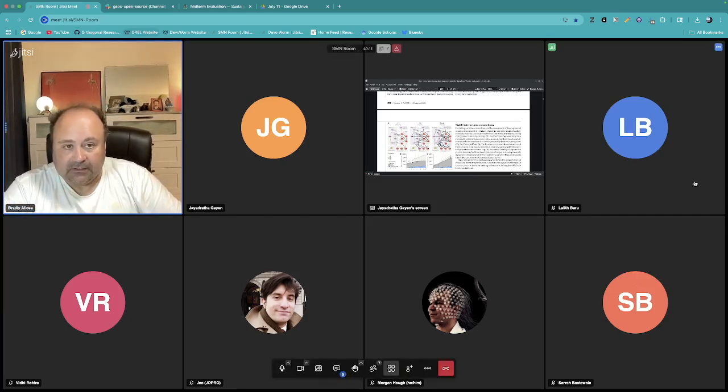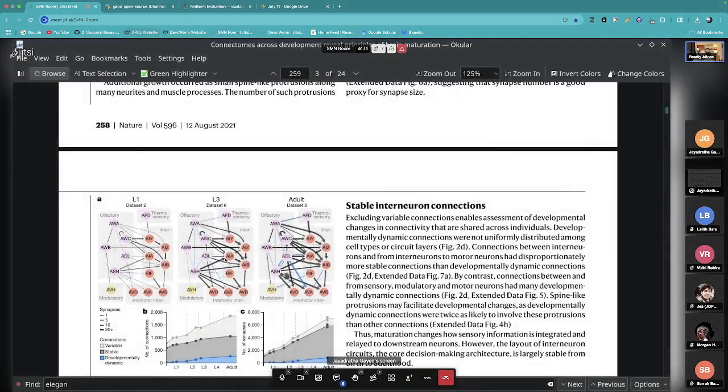What you have here is the connectome, and different people have proposed different connectomes. You'll find different data sets. There's a male connectome and a hermaphrodite connectome, but let's focus on the hermaphrodite connectome.